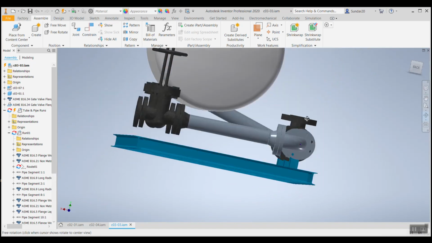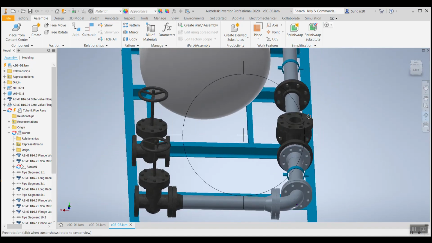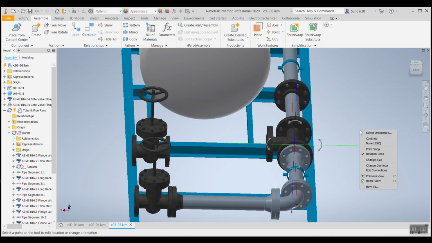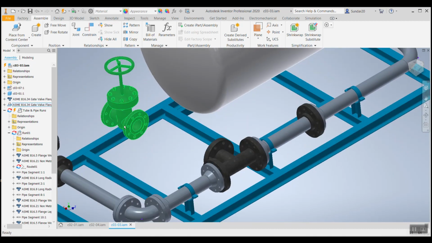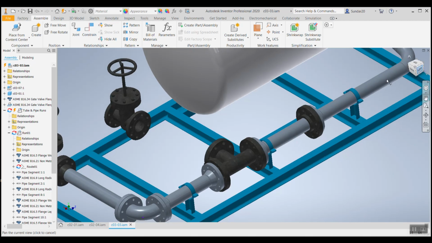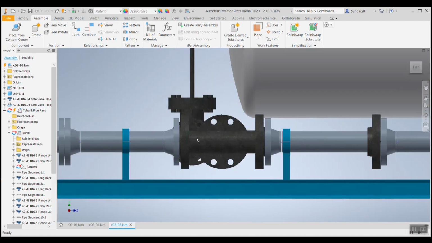Take this model and say 90. Okay, and we have to connect these two, and we have to connect these two. Visually, you can see that these two are not aligned together.